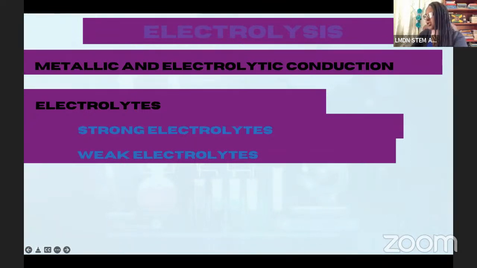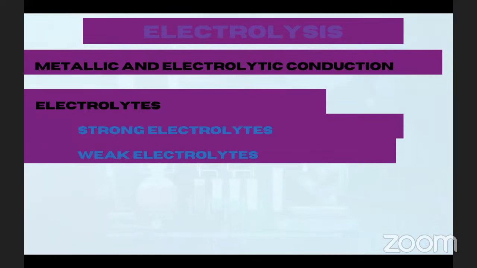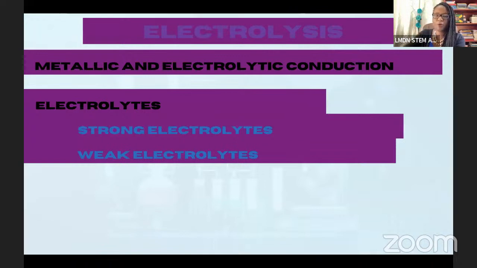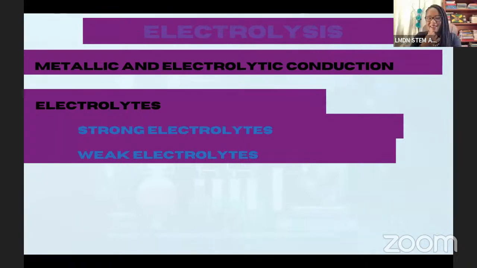What is an electrolyte? A substance that conducts electric current. Exactly. So it conducts electric current. And what is the basis of that conduction? What are the charged particles here that are moving in an electrolyte? Is it electrons? Is it ions? It's the ions, right? So it's the ions that are carrying the electric current in this particular case. So it's the movement of the ions in this liquid or in this solution.